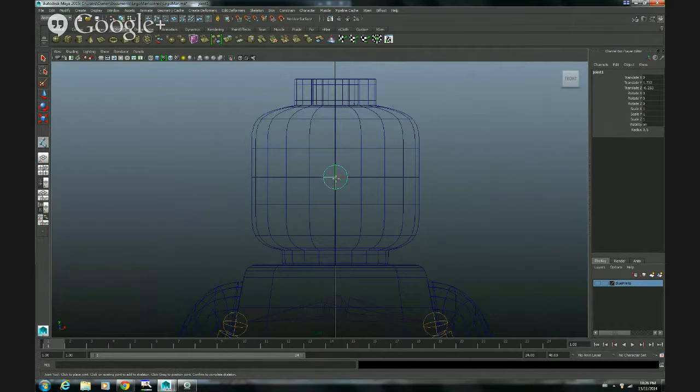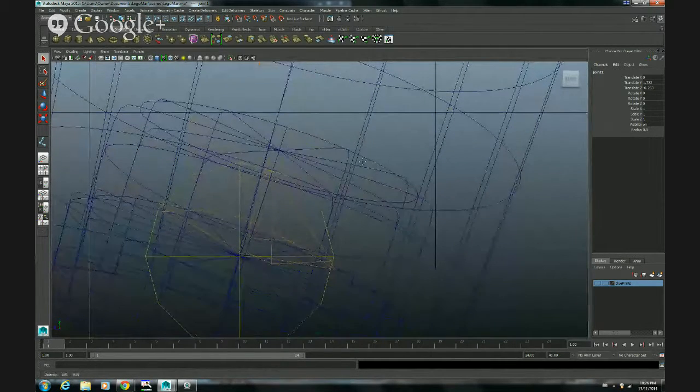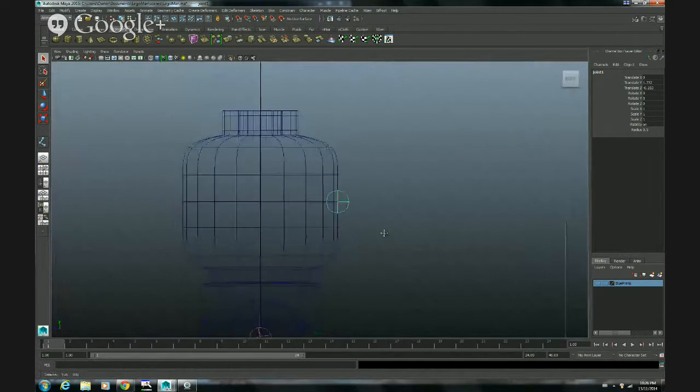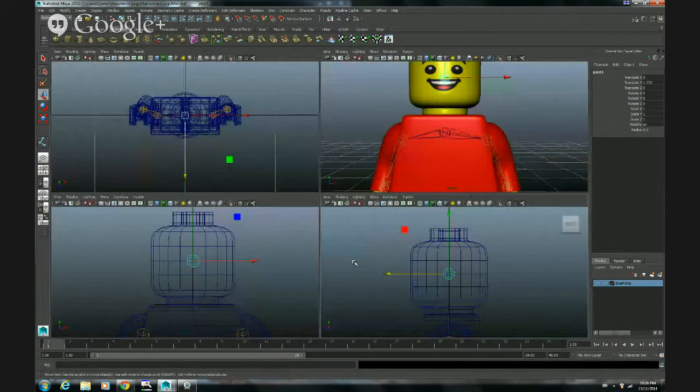I press enter, and that will be the bone that will be controlling the rotations of the head. I just need to make sure, you see it's not centered here. So I want to go here and just make sure that it's right there. Now that it's centered,